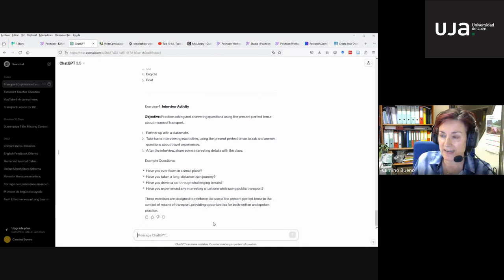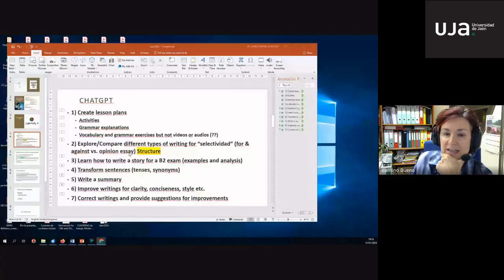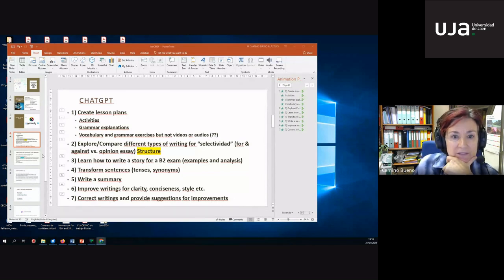So something else you can do, and I'm going to see if I'm able to swap from this to the other one. Okay, so I have written here, explore and compare different types of writing for selectividad.